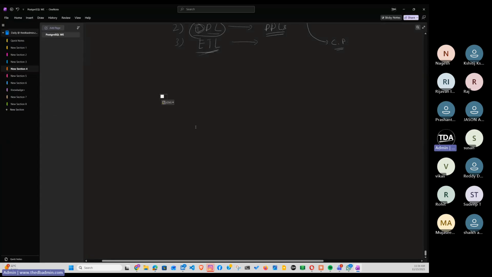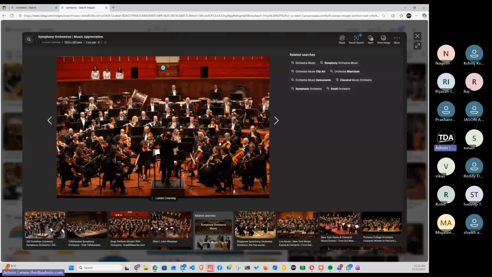What is this basically? What is happening here? Anyone? A person is standing here, and based on his instructions, people in the orchestra are playing different instruments. Overall, what they are doing, they have a common track, or a